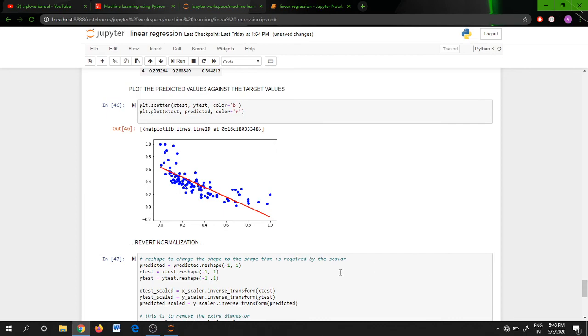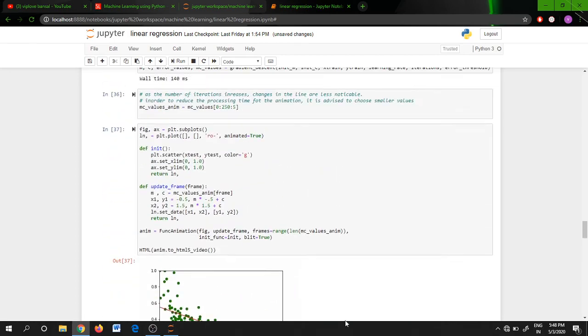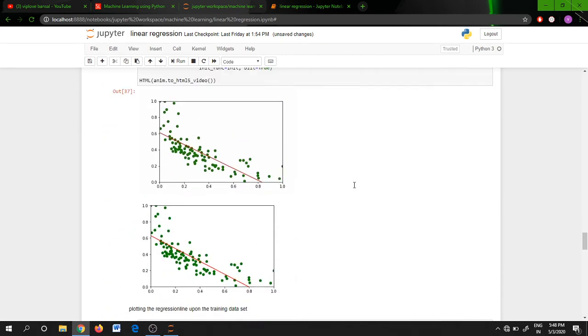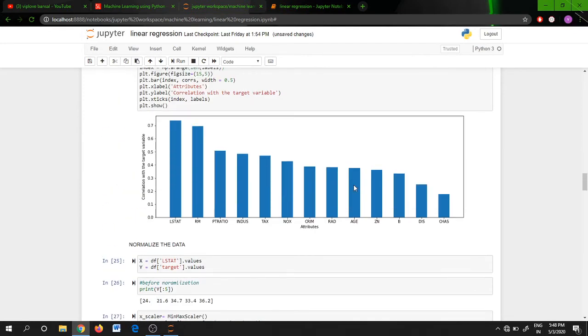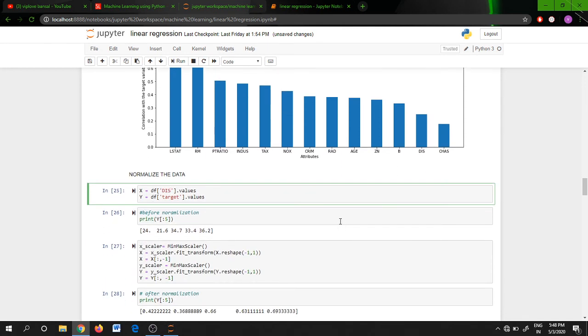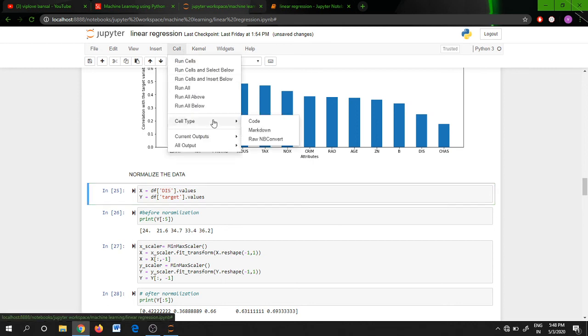So we are done with this code, but for the sake of experimentation, let me show you one more thing. If here we change LSTAT to DIS, now DIS has a relatively lower correlation, so we will see the effect of this change on our mean square error.